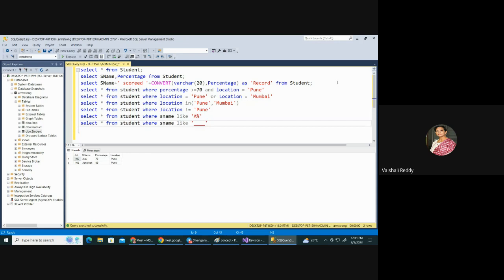So this will be the names which are only of 4 characters. Then percentage something, and it should end with, say, Y. Like this. और क्या है? ठीक है, तो ये हो गया अपना LIKE ऑपरेटर।